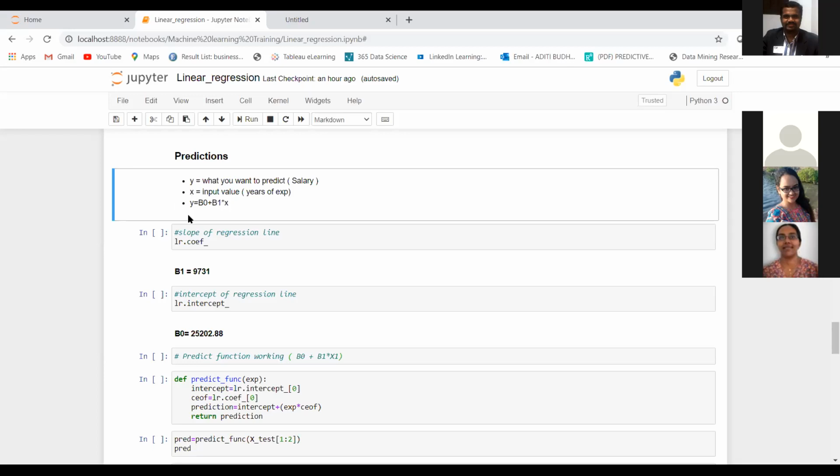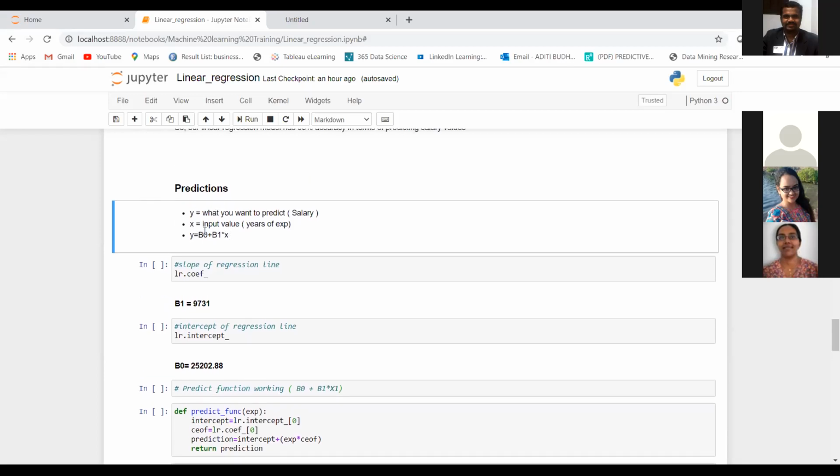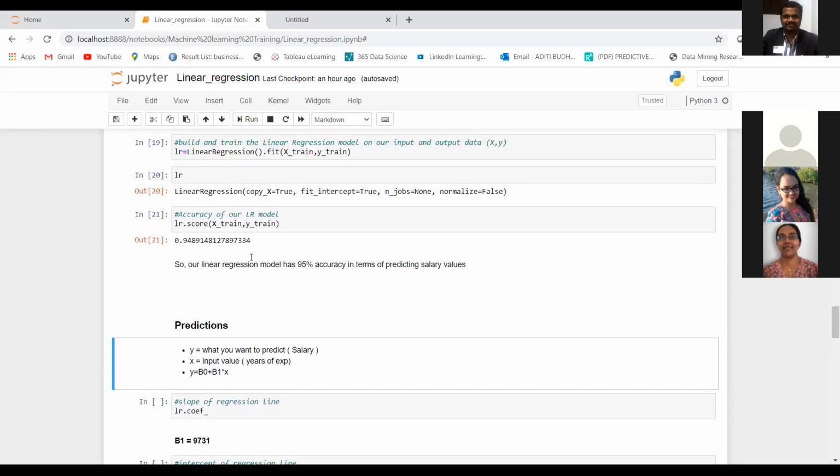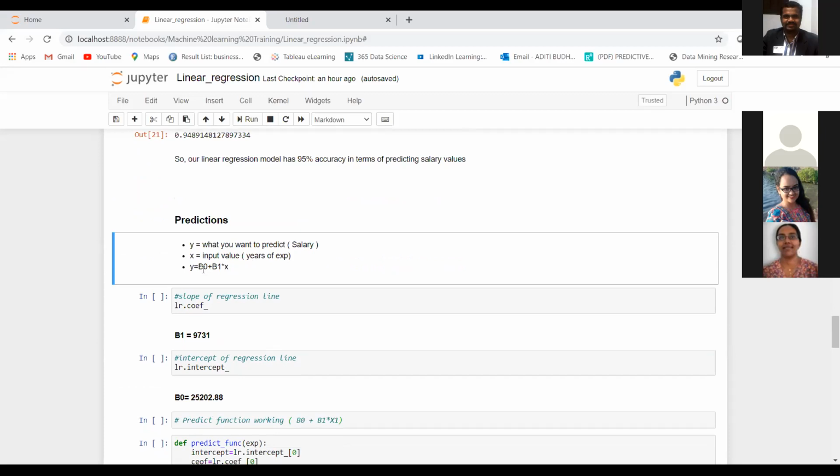Here y is the salary that we want to predict, and x is our input value, which is the years of experience. So using years of experience, we are trying to estimate the salary. By creating this model, what we have obtained are the values of beta naught and beta 1.